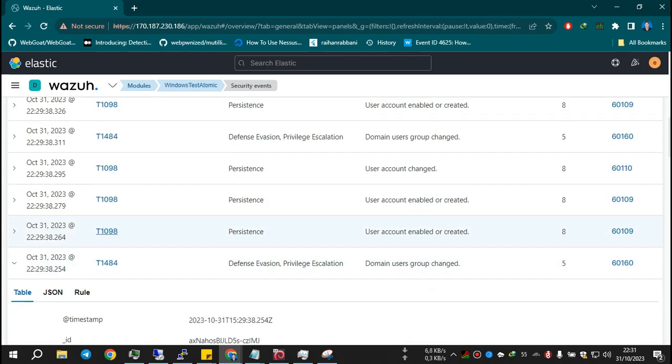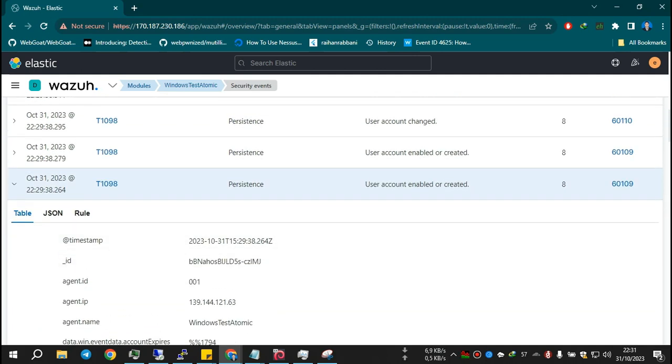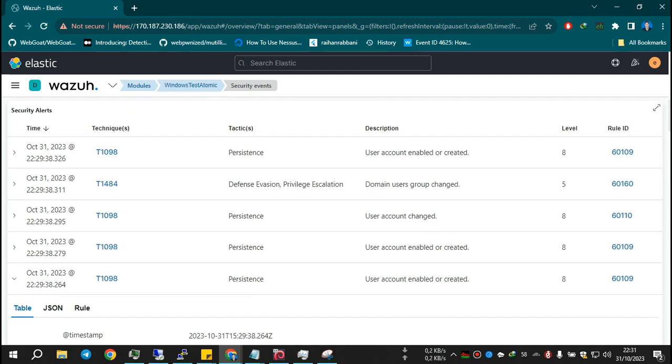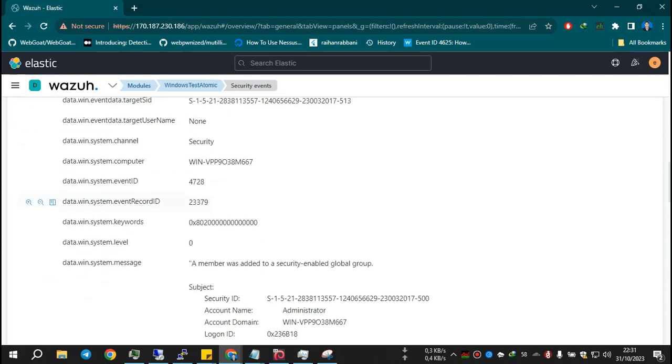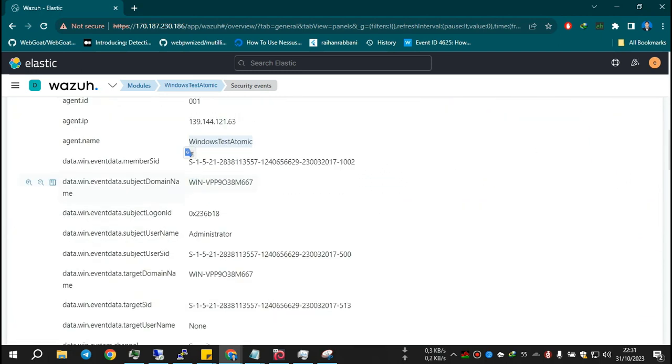So in here the tactic is persistence: user account enabled or created, run by Windows Test Atomic. Even this is a domain group, user group change, agent name is Windows Test Atomic.